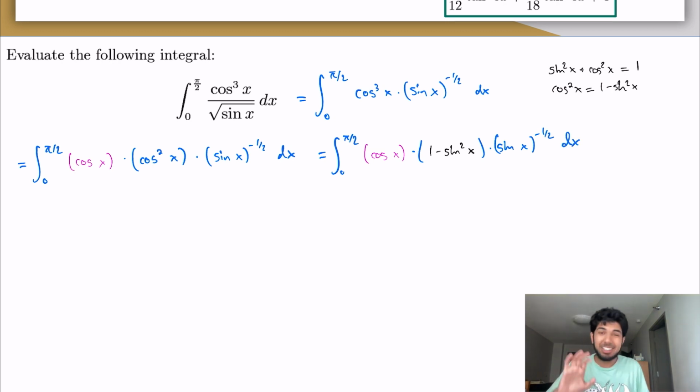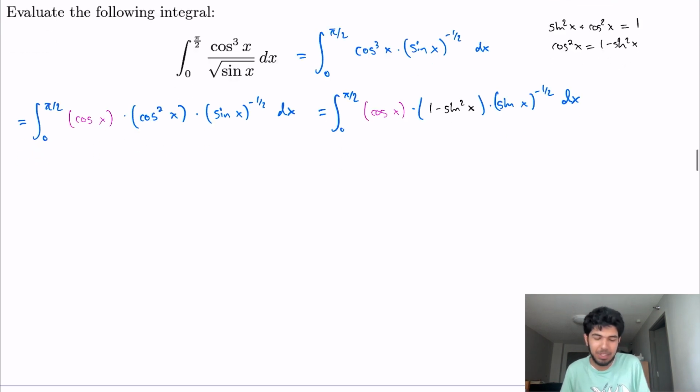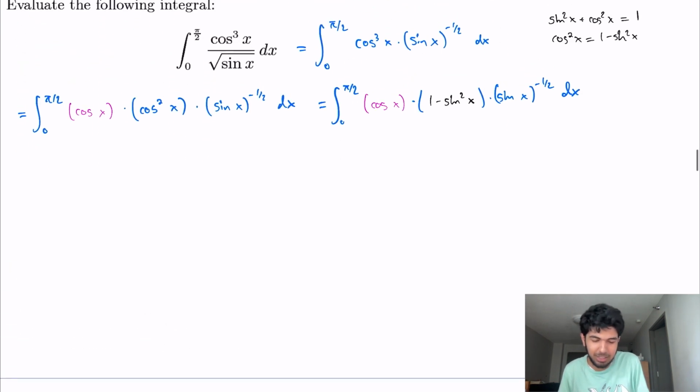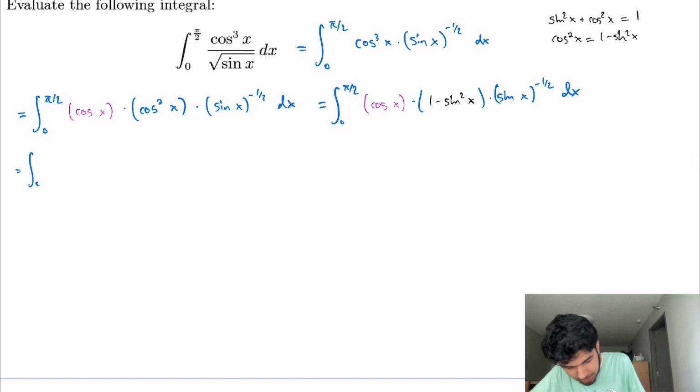And now this might look slightly familiar to the example we saw before, where we have the saved term, we have the substituted term, and we have the leftover term. And what we did was we distributed the leftover term into this substituted term, and then later on we substituted the save term into the conglomeration of everything else. So let's substitute that sine of x to the negative 1/2 inwards,